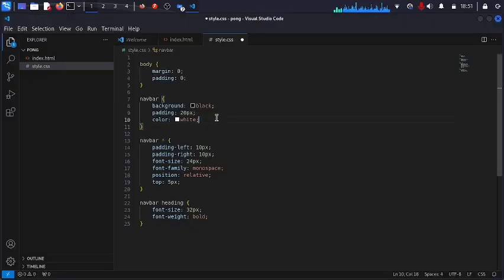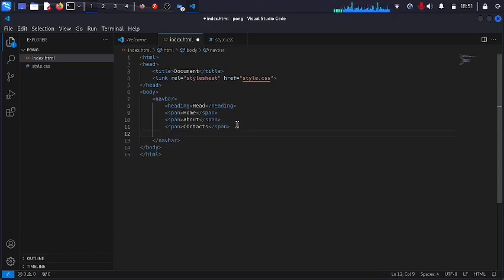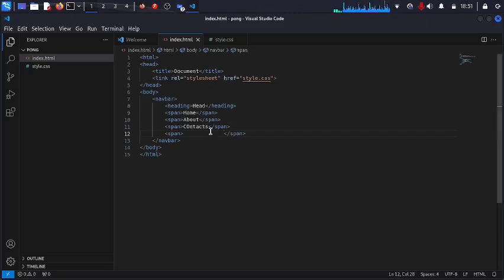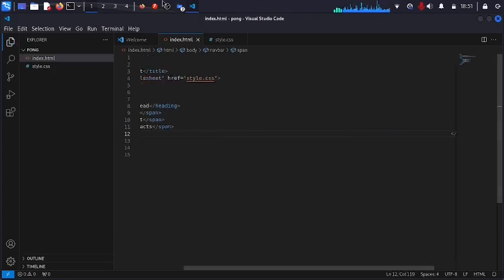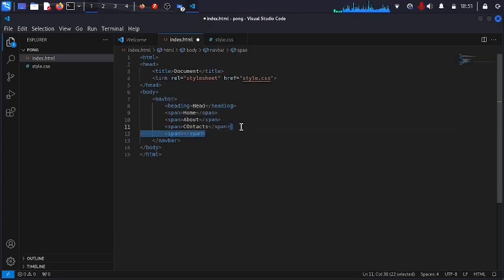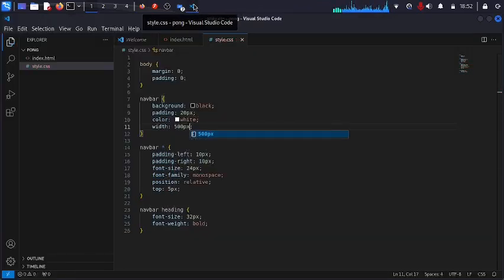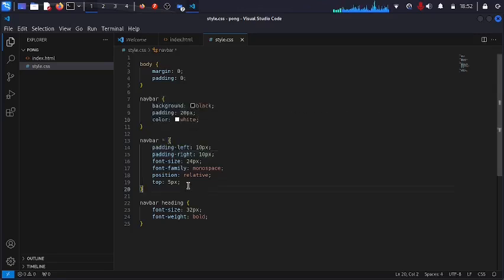Alright, so we can't do that currently. So instead, I'm just gonna add another span. It's gonna have a bunch of spaces in it. Okay, whatever. Right, so. Let's say width 500px. Anyways, you basically have a navbar, so let's just add in